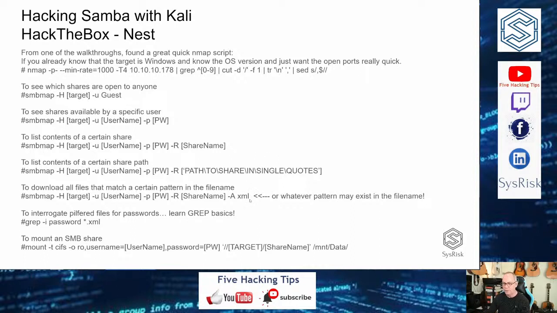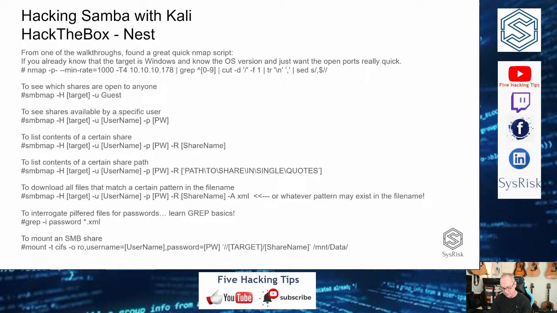So that's a really handy one for grabbing loot as quick as you can when you know that you have access to certain files within a certain folder. So let's do that. Basically, I want all the XML files that are in this data folder,